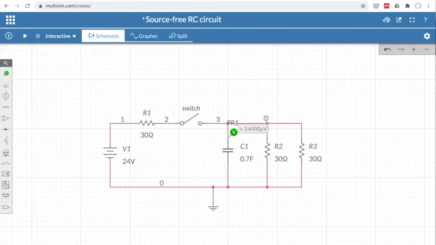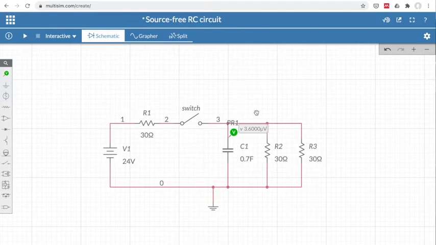So what I want to illustrate in this simulation is how the voltage across the capacitor is varying through time. As the circuit simulates or is running, the value of the voltage across this capacitor C1 also changes. Right now, the capacitor is not yet charged because that switch is still open and we haven't run the simulation yet. So the value of 3.6 microfarad is actually negligible and is very close to, when you solve it,